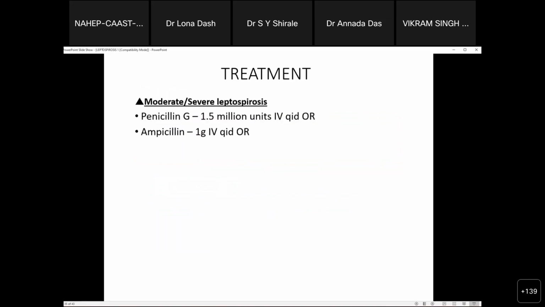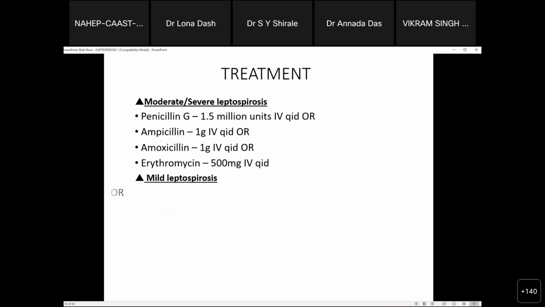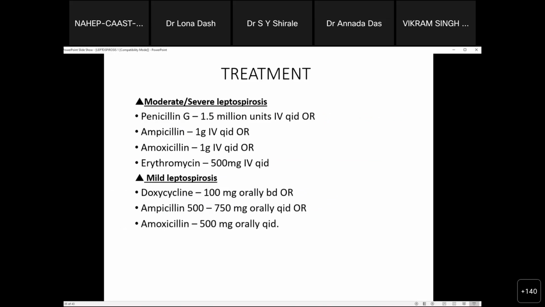Coming to the treatment, the patient may recover on his own, but it is very important to treat the disease when it is mild, so that it does not subsequently go into the severe phase. The treatment for mild leptospirosis is simple doxycycline, given twice a day for 7 days, and the treatment for the moderate and the severe leptospirosis includes penicillin G, which is the drug of choice, given 4 times to the